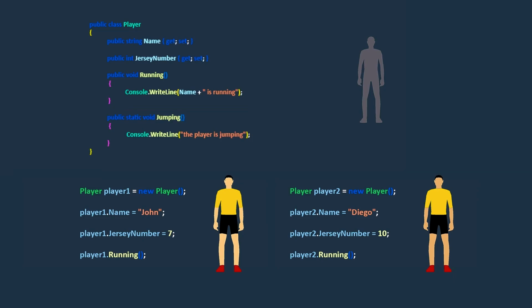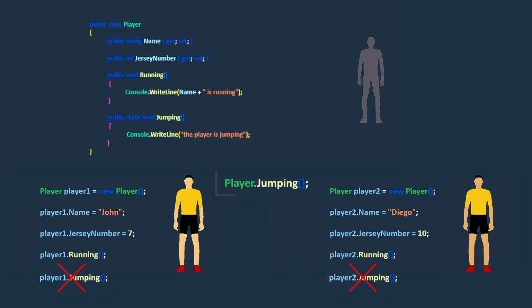Since the jumping method is static, instances of the player class such as player1 and player2 will not be able to invoke this method or any other static methods of this class. To invoke the jumping method, we use the name of the class directly.